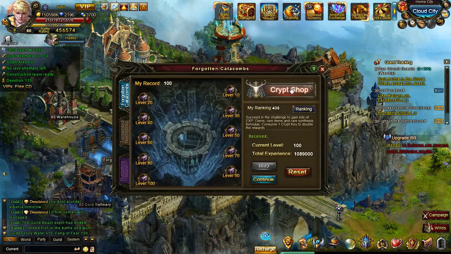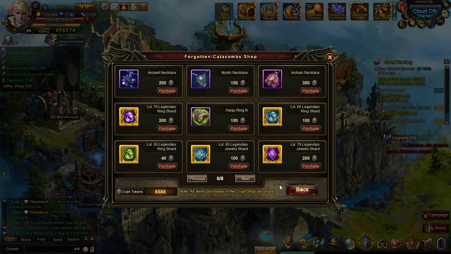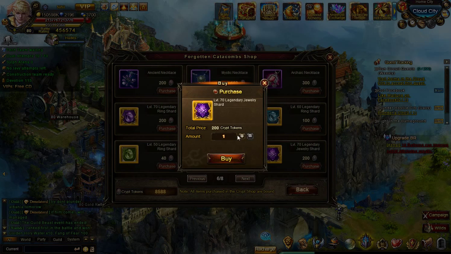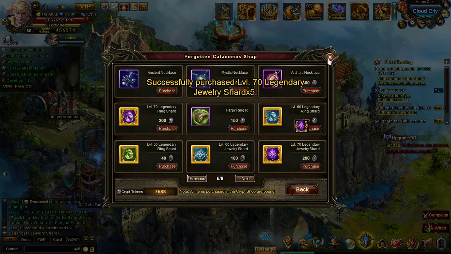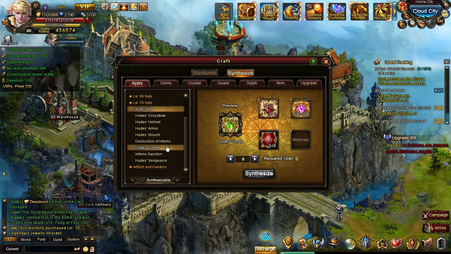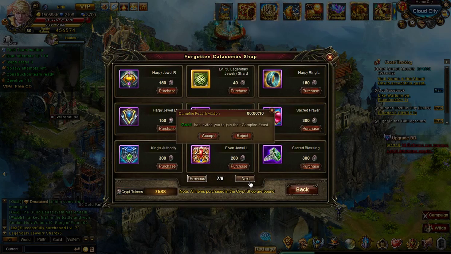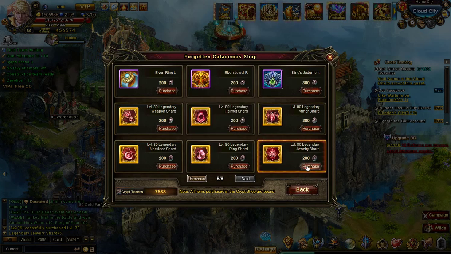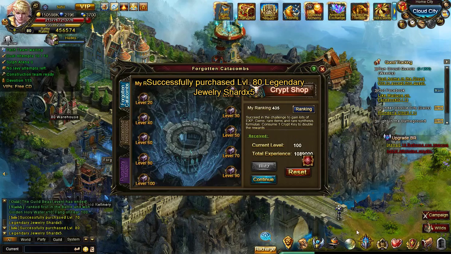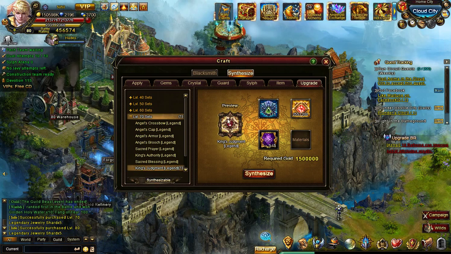So I'll buy 5 level 70 legendary shards, and then we need 5 level 81s. So let's buy 5 of those. And now I'm ready to make the upgrade. So first let's do the 71, and then